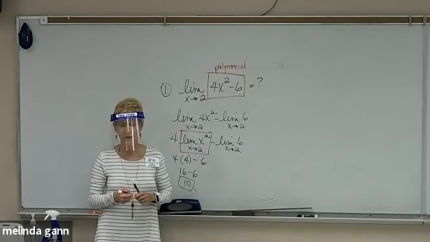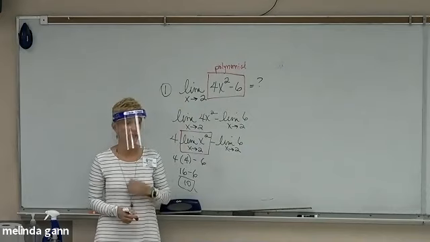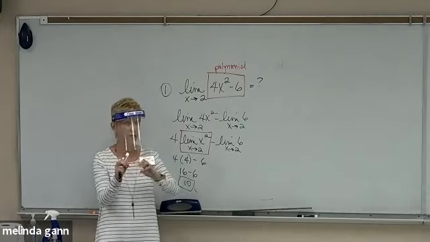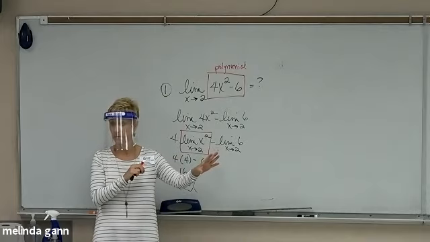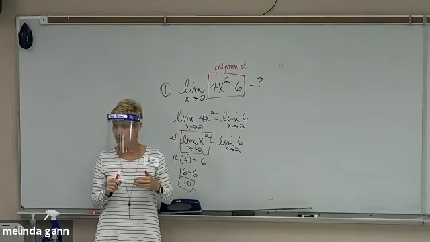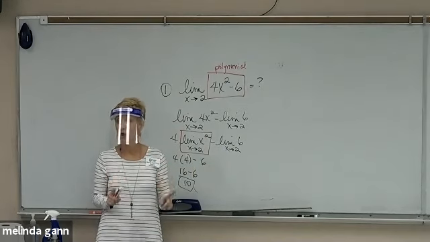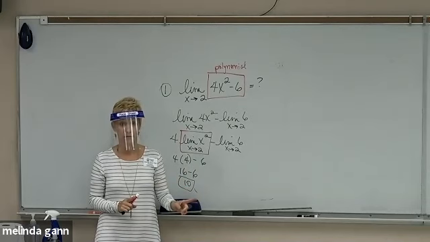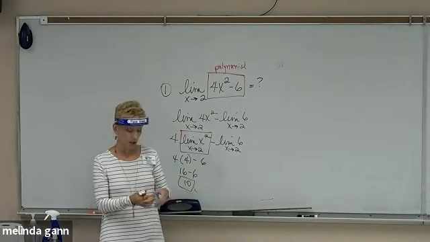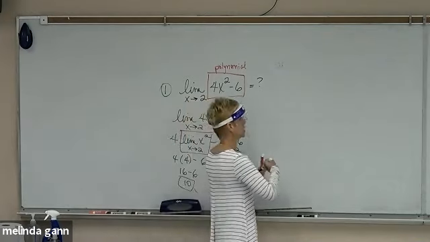All right, so let's go back and review algebra about a polynomial. Do you understand that a polynomial is the sum of algebraic terms with some conditions? And the conditions are that the exponents of the variables have to be whole numbers, not fractions and not negatives. So if I have something that looks like this,